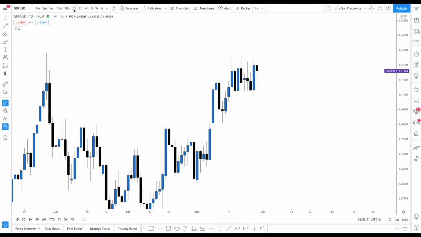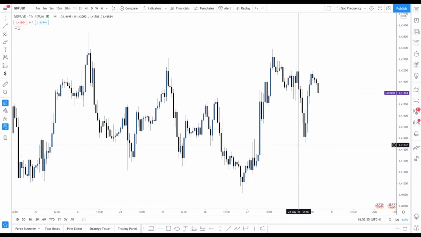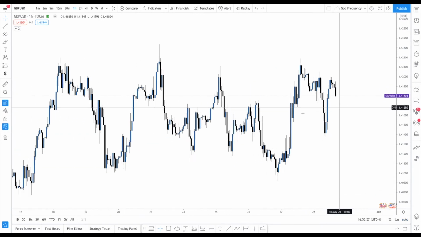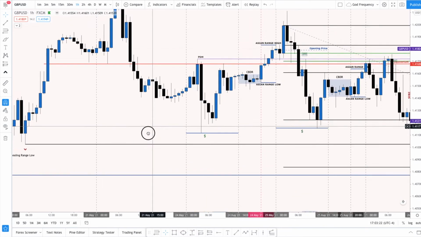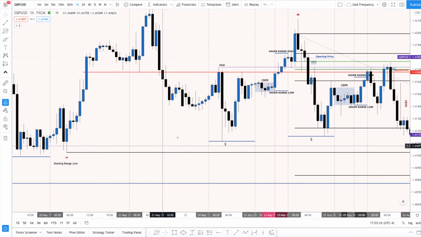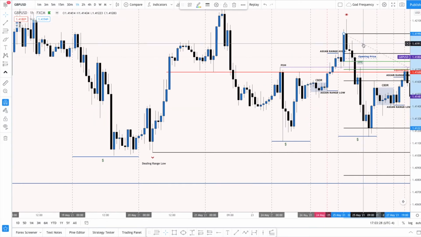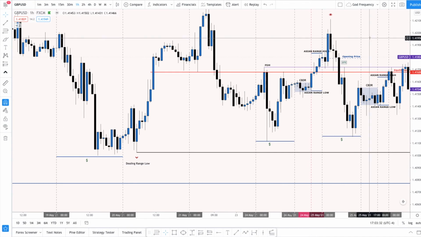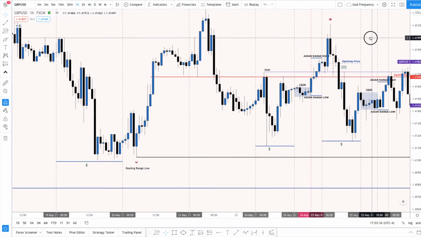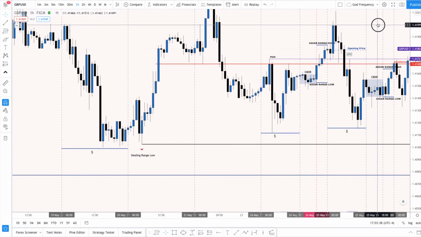So let's go down to the hourly chart. And before I slap the lipstick on it, I want to give it to you naked. All right, guys, now here we're on the hourly chart. Just to give you my perspective on where my head was in real time, I'll show you exactly what I was looking at on Sunday, Monday, and what had me go in on Tuesday and short the market.